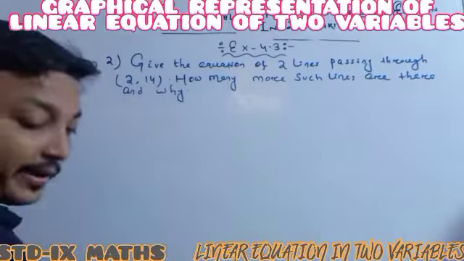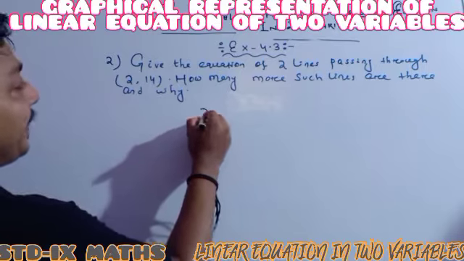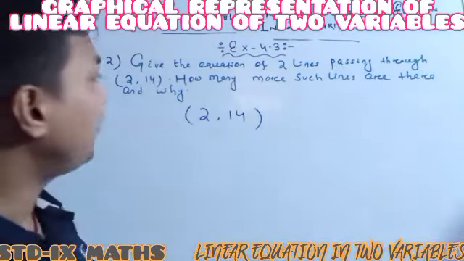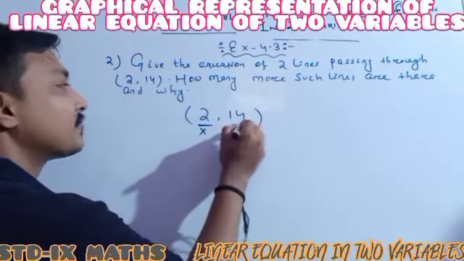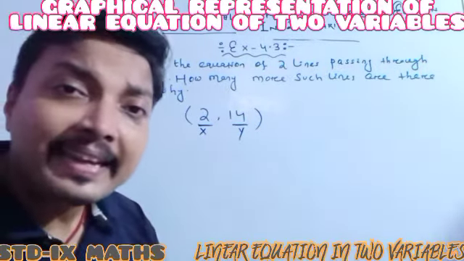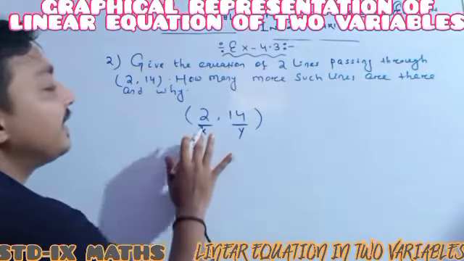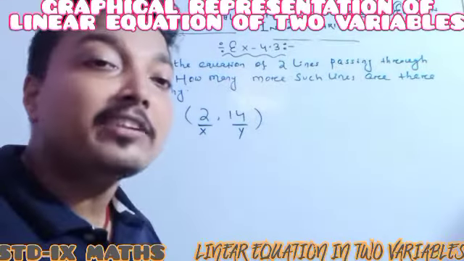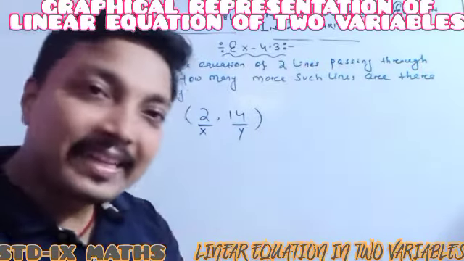See, here one point is given. Easy trick I am saying. Many times the question may come like this, one point is given, so here this is our x, this is our y. Through 1 point, infinitely many lines can pass. So here we have to write one of the lines. Here it is x, this is our y, and already it was said the linear equation in two variables has the form ax plus by plus c is equal to 0.